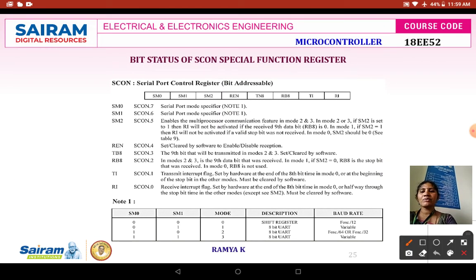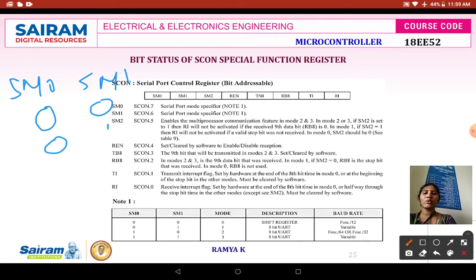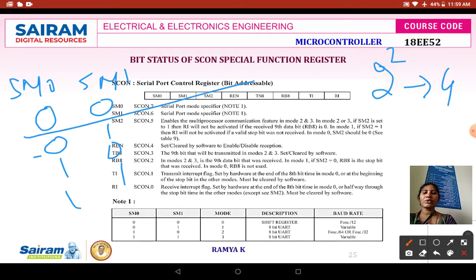As we are having 2 bits, the number of possible combinations is going to be 4, because 2 inputs means 2 power 2. Therefore it is going to be 00, 01, 10 and 11.